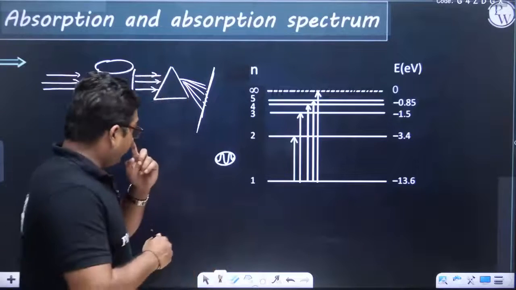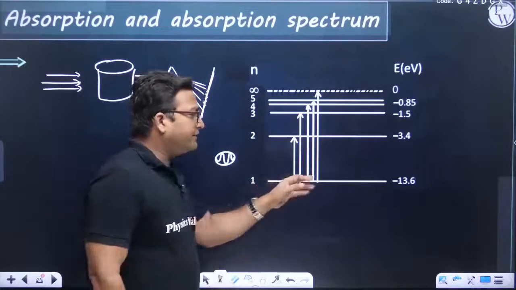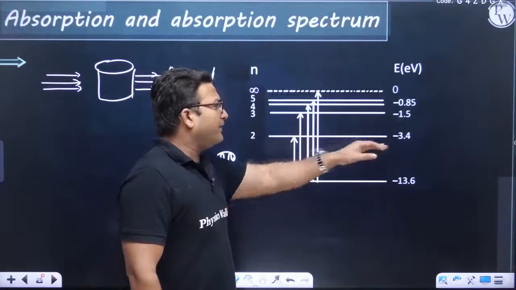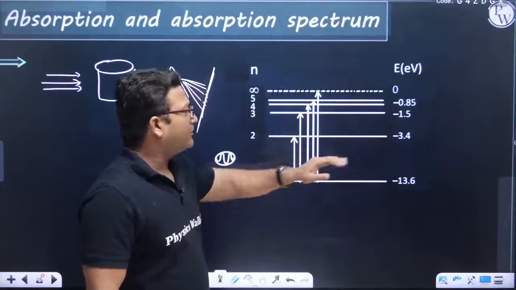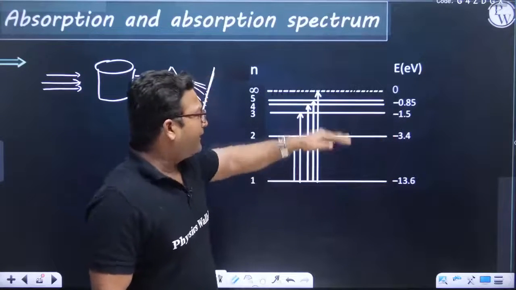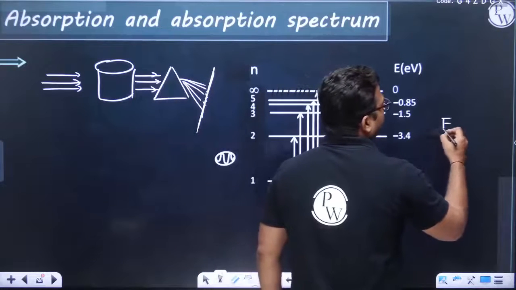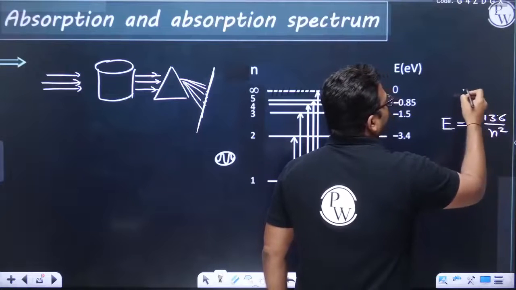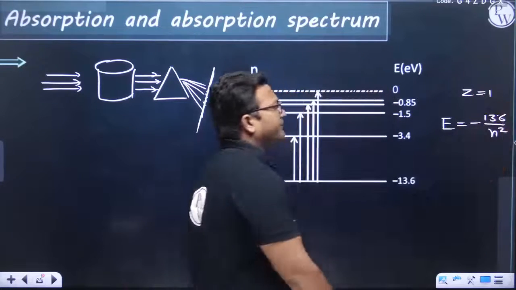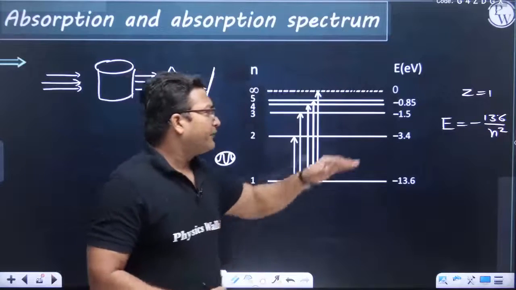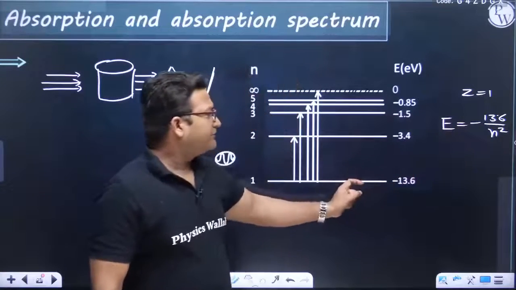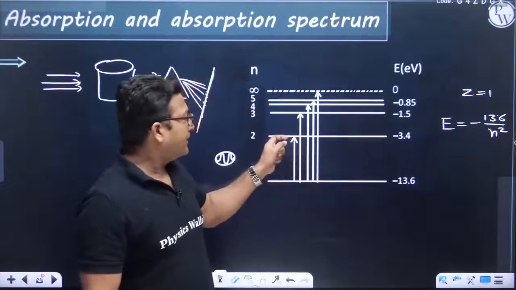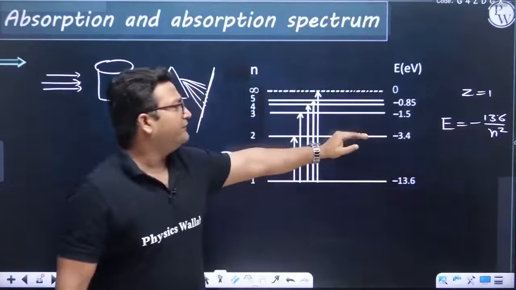So if we see the energies, the energy of ground state is -13.6 eV. We are talking about the hydrogen atom. The energy of the second orbit would be -3.4, and the energy of the third orbit would be -1.5. I am finding it using the formula: energy equals -13.6 divided by n squared. As Z equals 1, we can forget about Z, since we are talking about the hydrogen atom, and for the hydrogen atom this is the energy. For the ground state, we put n equals 1 and we get this energy. For the second orbit, we have n equals 2 and we get this energy.